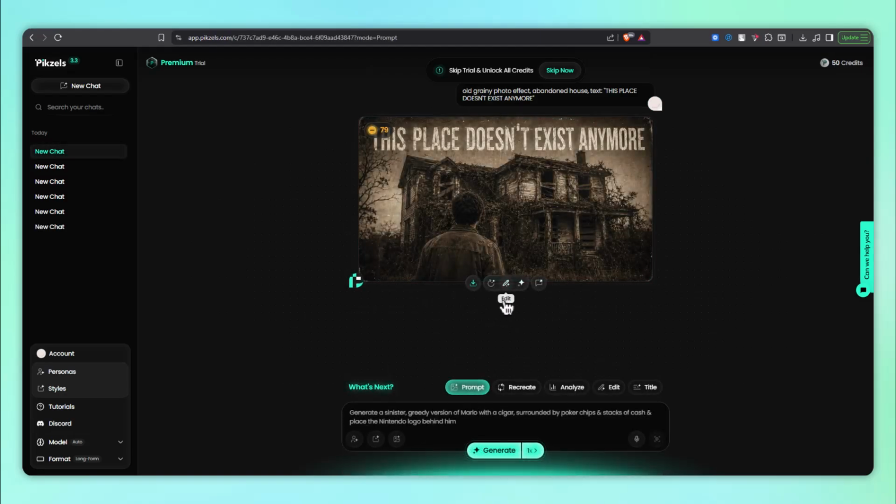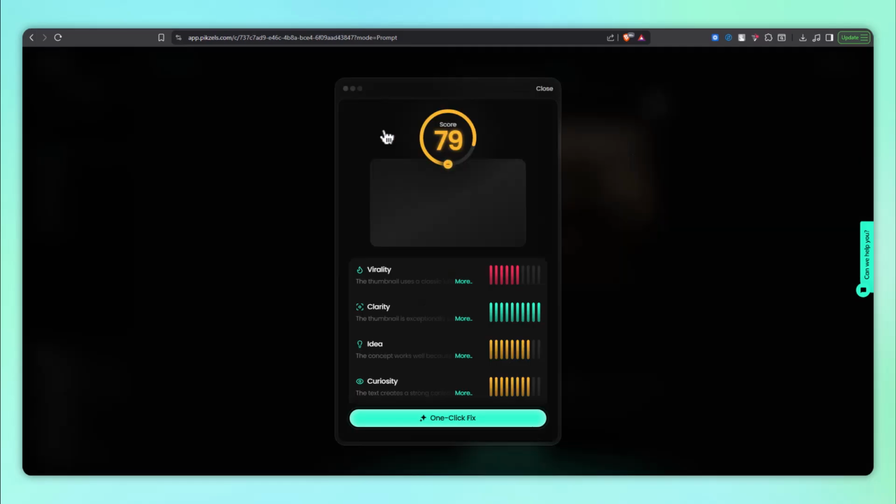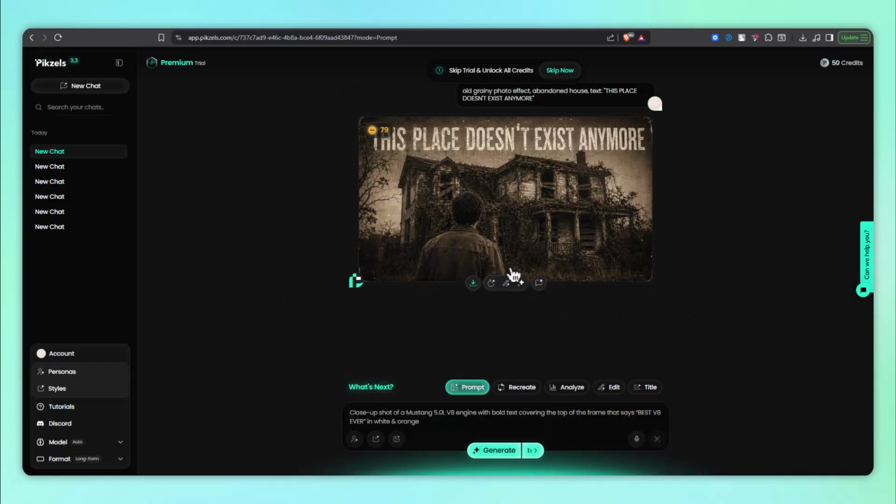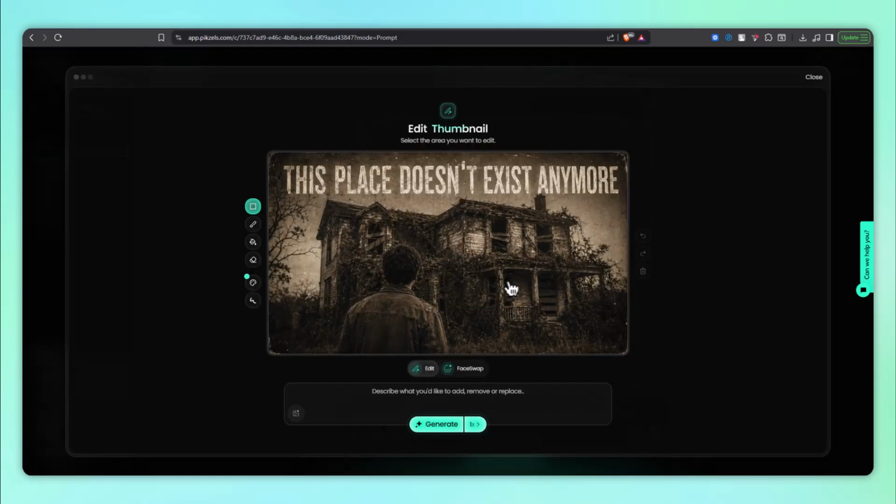Pikzels will create a thumbnail in seconds. If the score is below 80, use one-click fix on the top left to improve the design and click through rate instantly. You can also click Edit, brush over any part of the image, and type what you want to